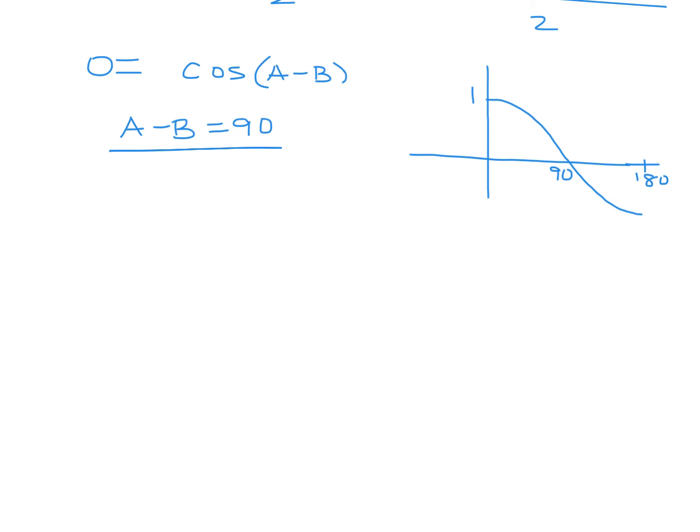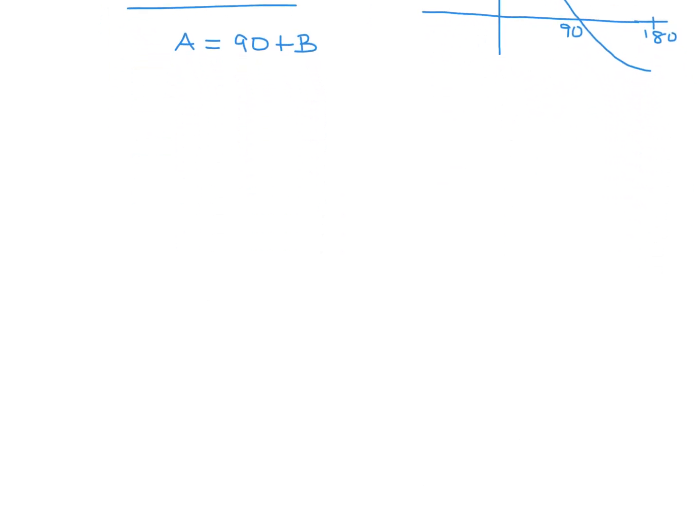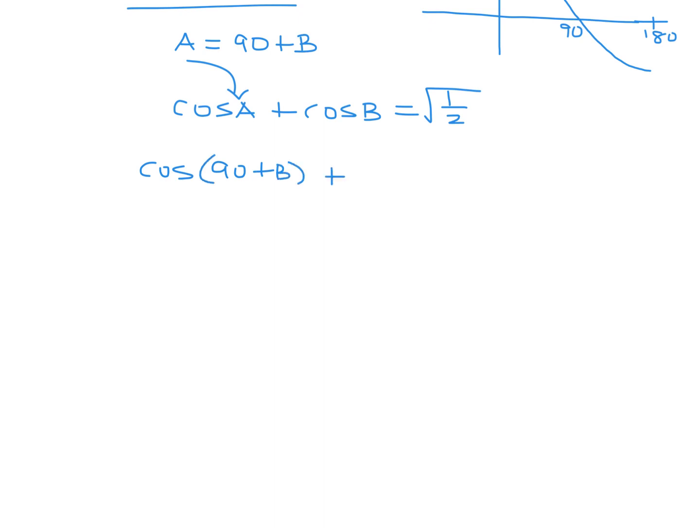Okay, well, from this A minus B is equal to 90, we can deduce that A is equal to 90 plus B. And then what we can do is use that and sub it back into one of these. So whichever one you want, I'll just choose this one right here. I think it should be fine. So that original equation, which was cos of A plus the cos of B is equal to the root of a half, we're going to substitute this. We're going to put in 90 plus B. And I think that should help figure out what is A and what is B,